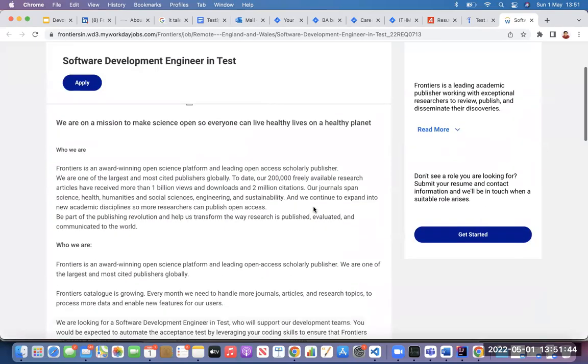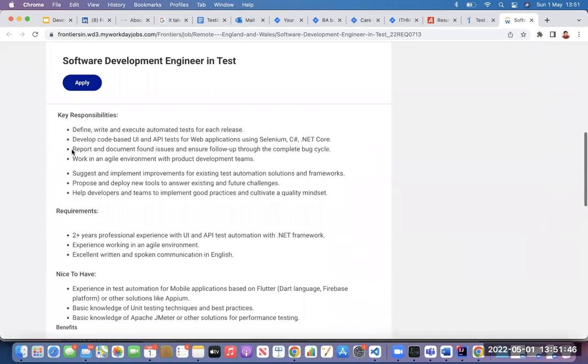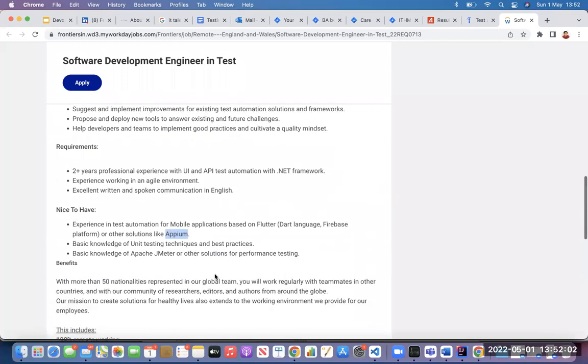If they have a specific requirement, you can see here, in this case, which language are they expecting? C#.NET Core. And they're also looking for APM, and also JMeter.